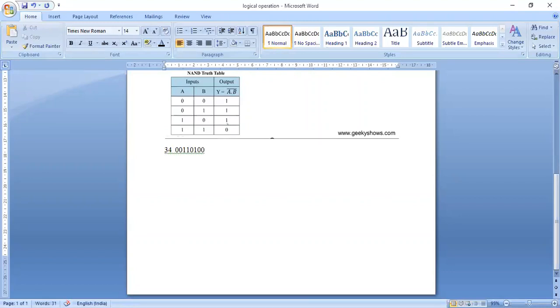Now when you do rotate right, the LSB value will go to MSB. So this last LSB 0 will go here to MSB. So it becomes 0, and the remaining value is 0, 0, 1, 1, 0, 1, 0. So it becomes like this. It is one rotation. Now again I have to do one more rotate right.